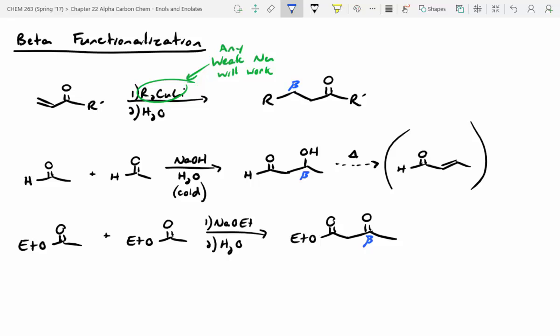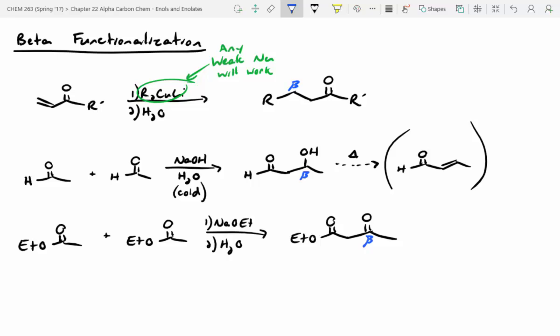The neat thing is you can do further chemistry on this, right? We know how to protect ketones and aldehydes selectively over esters, and then we can do reactions on the ester, deprotect, and then so on. So there's a lot of reactions we can go off of, but these were kind of the key ones from